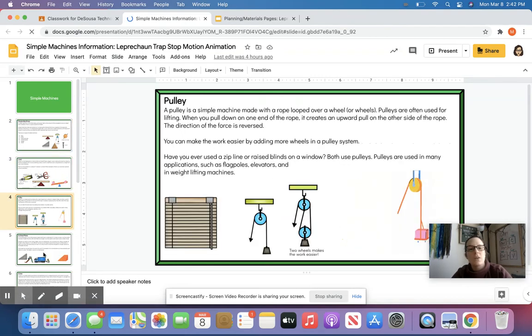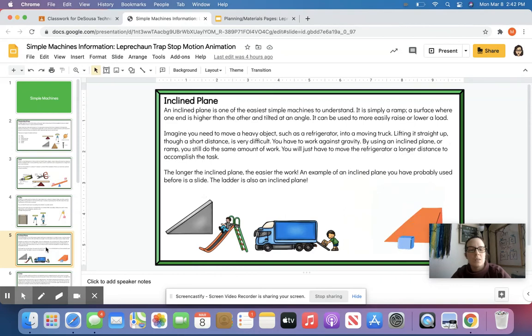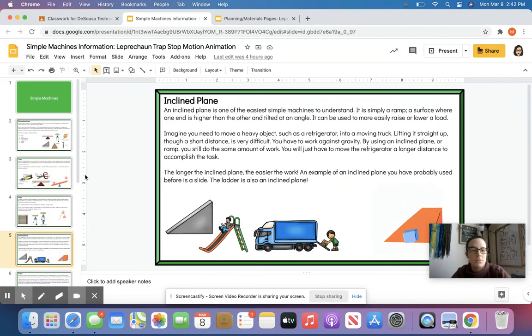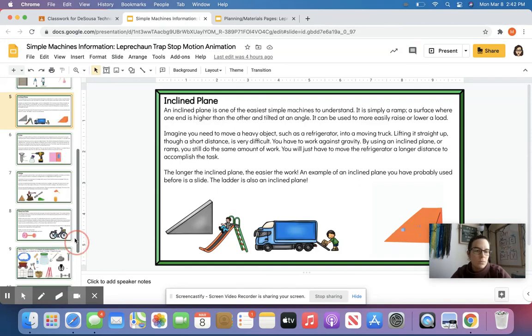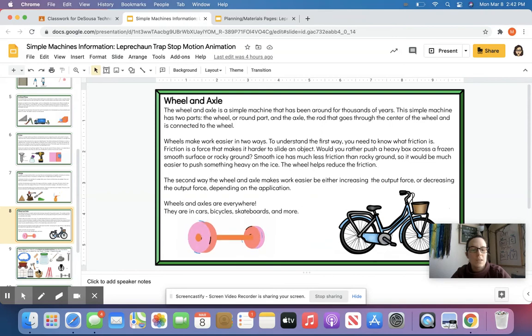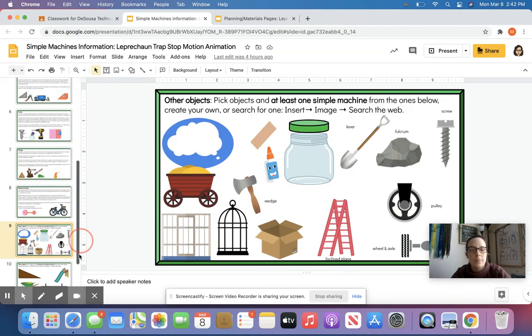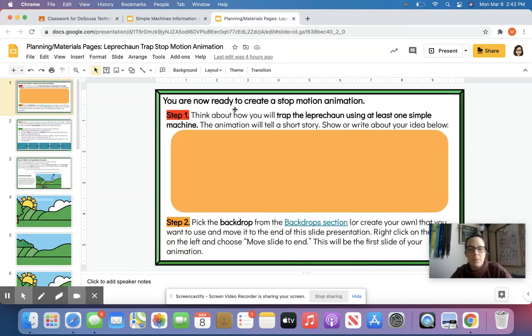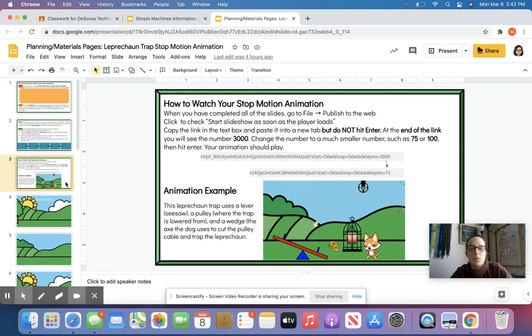There's the lever, the pulley, the inclined plane. The screw, the wedge, the wheel and axle, and then here are some objects that you could potentially use, okay? Other objects that you could use for your animation. But if we go back to our planning pages, you will see that on slide number 3, there is